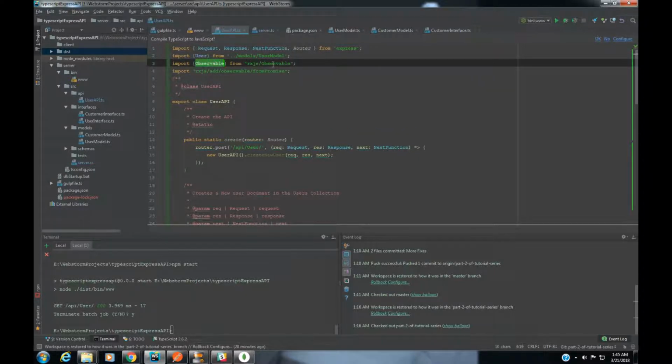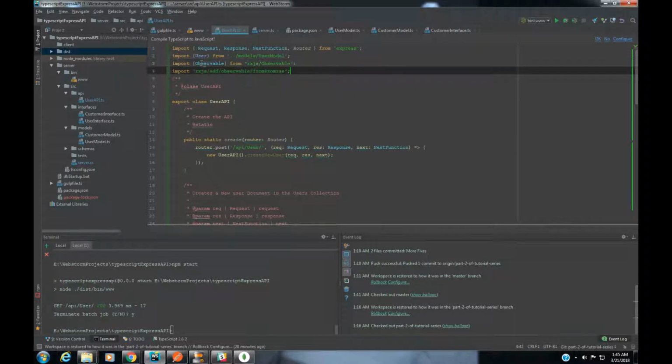Next, we're going to import the observable interface from RxJS. And this is pretty standard. And then we're also going to pull in this from promise observable. So the thing about RxJS is it's a really big library. There's a lot of operators in there, and there's a lot of really cool functions that you can use. But